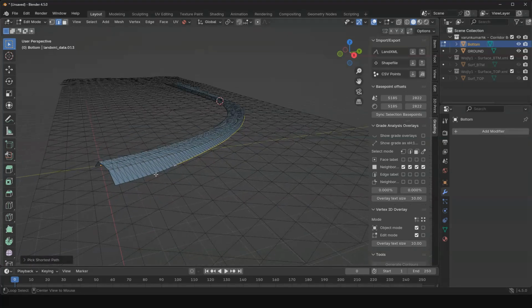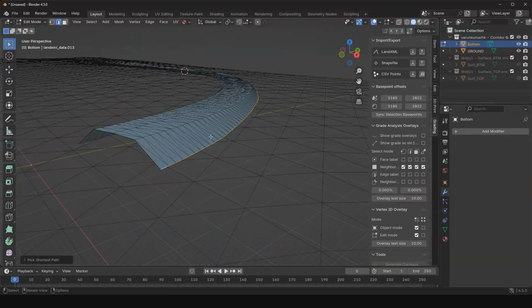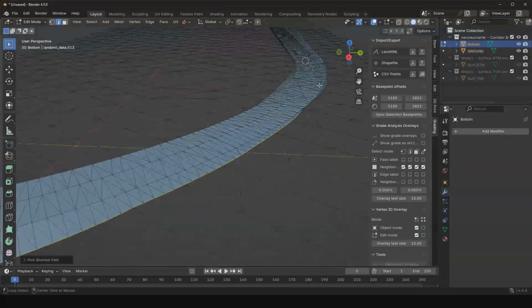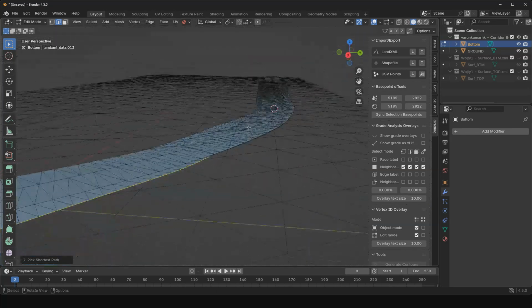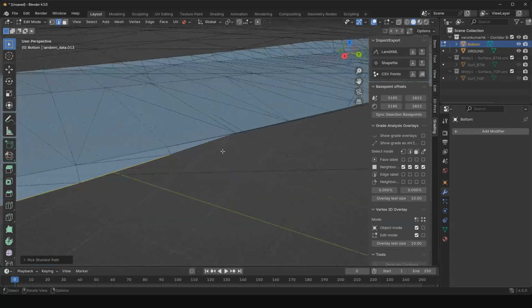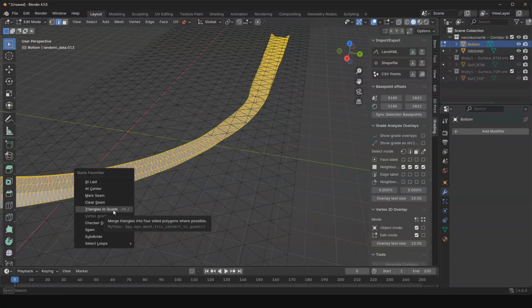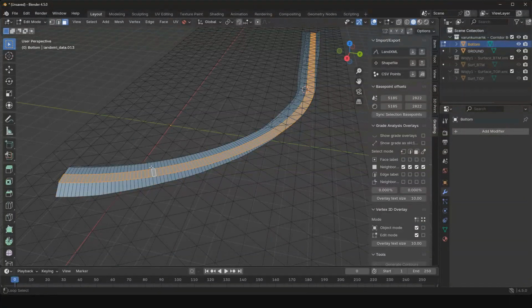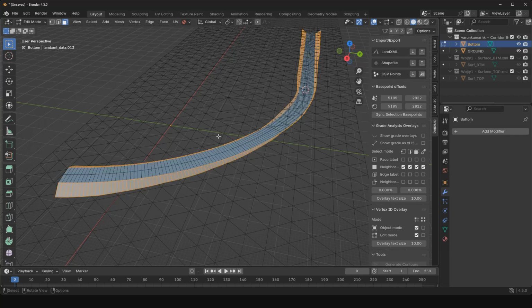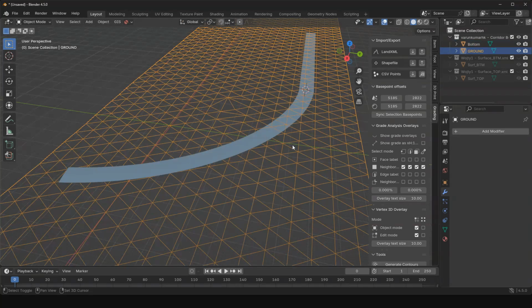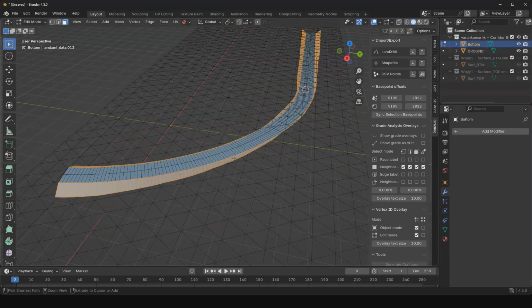But for Blender to make a really clean connection, I might redo these, if that makes any sense. Let's see. So first thing, I'm gonna make these into quads, select the road. I'm gonna invert the selection and delete those because I think I can do them myself. And just to QC,